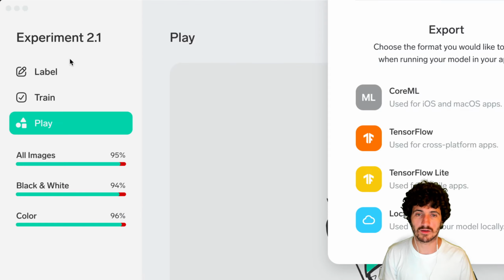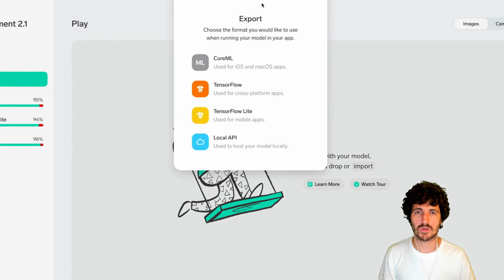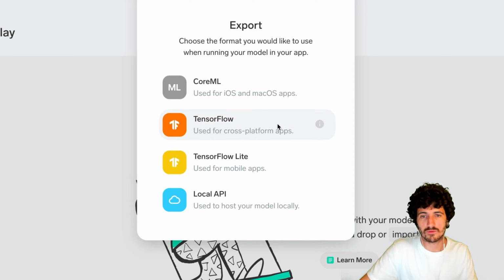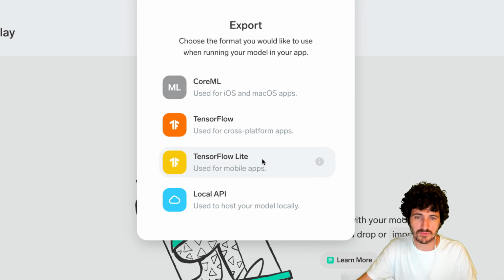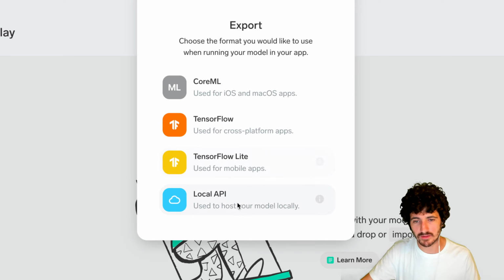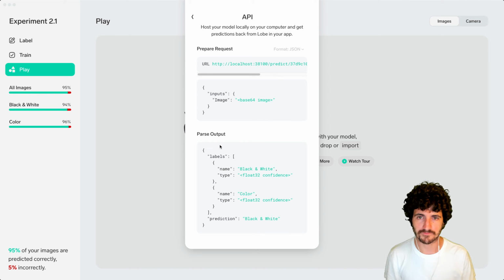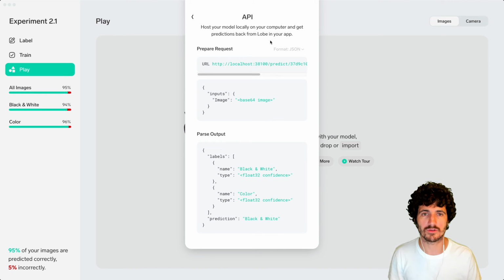So if we go here, we can see we can export to Core ML to use in iOS and macOS apps. You can use TensorFlow for cross-platform apps, TensorFlow Lite for mobile apps, or local API, used to host your model locally. Well, first let's try this out. Let's see if it works. Host your model on your computer,